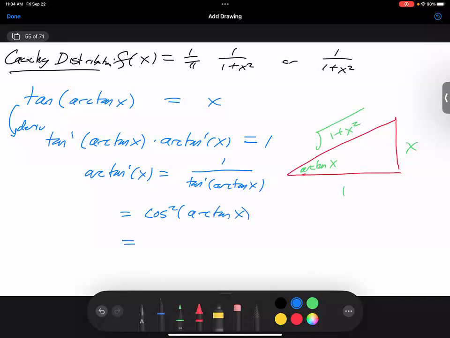Okay, I now want the cosine squared of the angle whose tangent is x. Well, if I look at the triangle, that's just going to be 1 over 1 plus x squared. It's not wrong to say that the derivative of arctangent is 1 over tangent prime of arctangent, or cosine squared of arctangent of x. Cosine squared of arctangent of x is a nightmare. 1 over 1 plus x squared is very pleasant. And so now if I use this, if I want to integrate